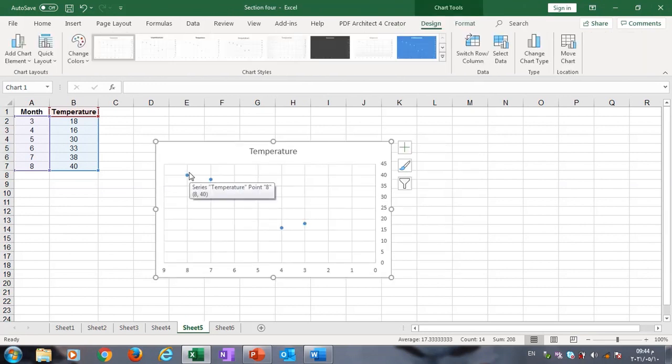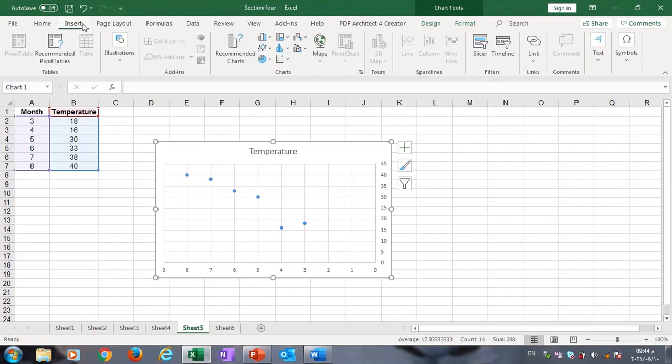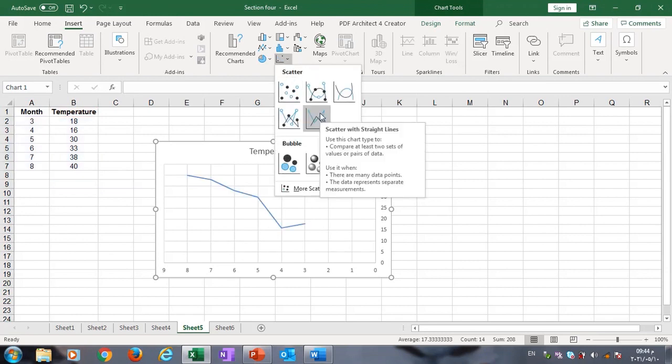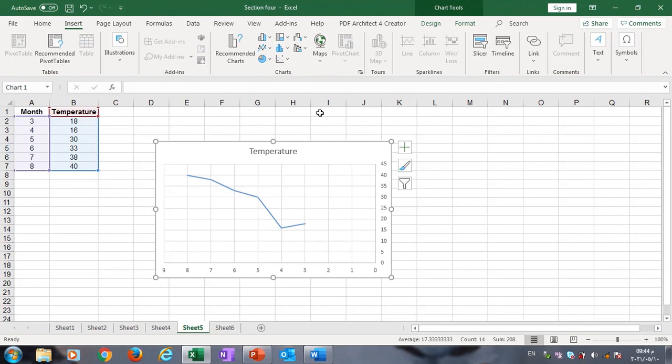And by matching each point with a vertical line from the point till the horizontal axis, we get the vertical lines. The second chart is the time plot, and we can make it by choosing Scatter, then time plot, and